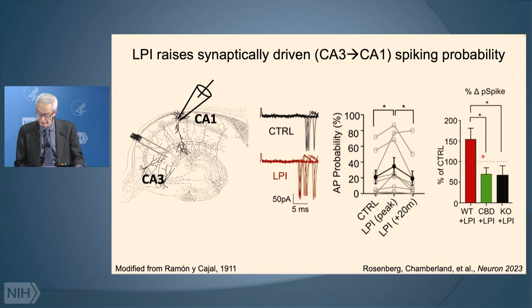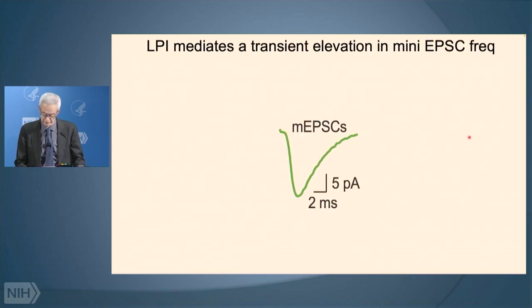So we can then look at the effect of CBD and show that the effect of the knockout is mimicked by the effect of CBD. So this is exactly what you would expect if there were a receptor, a G protein coupled receptor, and that CBD was the antagonist for it. So when you have CBD present, it's as if there was no receptor at all, and LPI is the endogenous ligand that increases the rate of action potentials by about 50%. This is hardly epilepsy, but it's done under mild conditions where we're looking to see that there's a physiological effect.